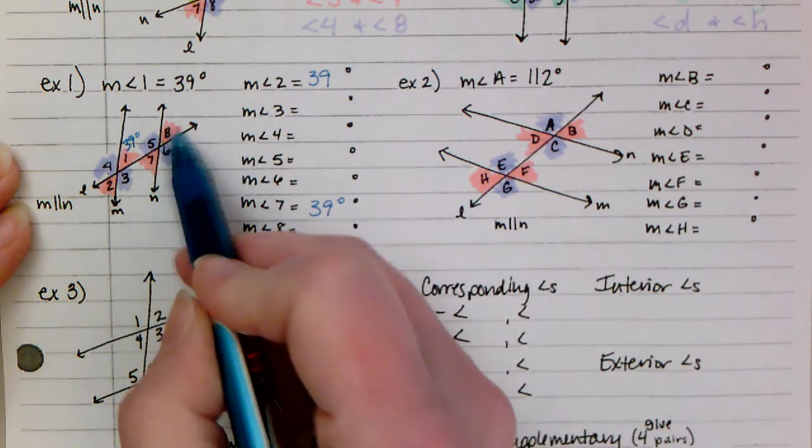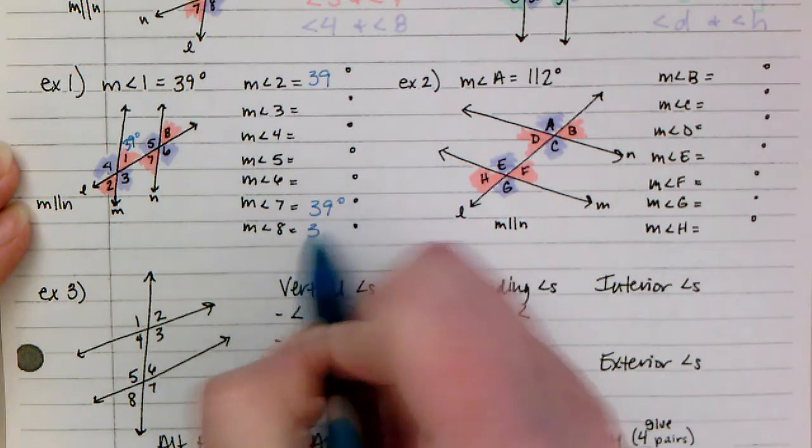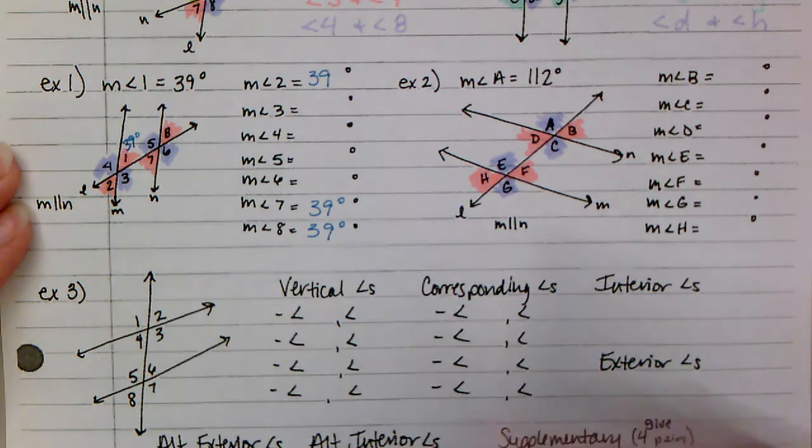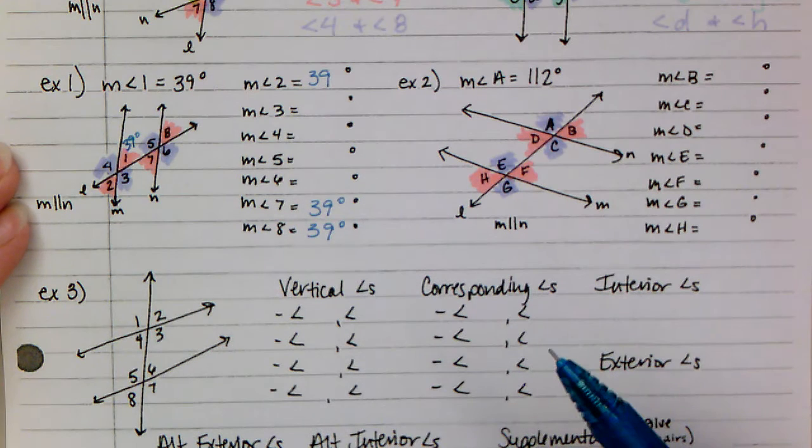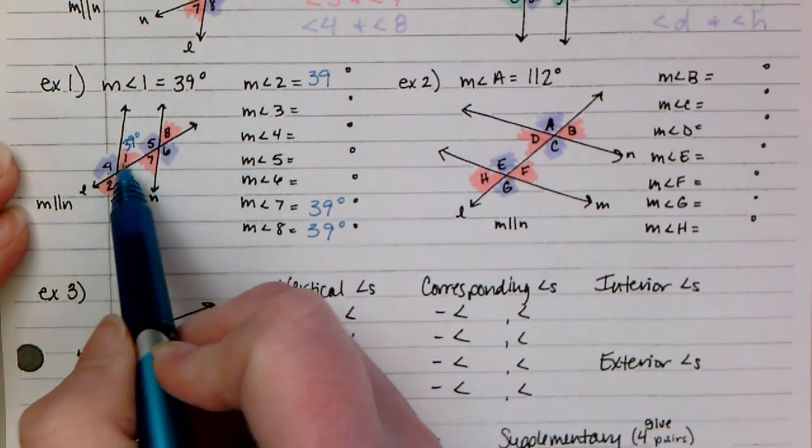And then across from angle 7 is angle 8. Those two are vertical, so that one's also 39 degrees. Notice that there's 4 of them with the same measurement. To find the other angles that I'm missing, the 3, 4, 5, and 6, I can notice here that angle